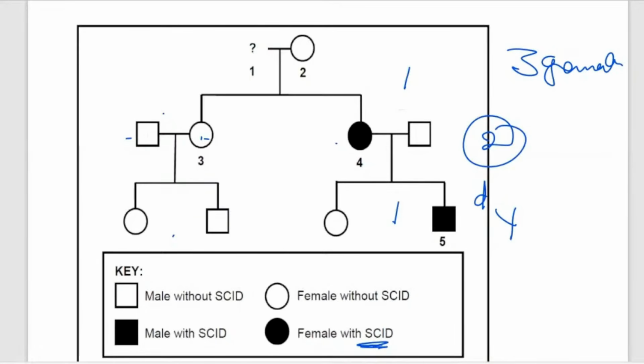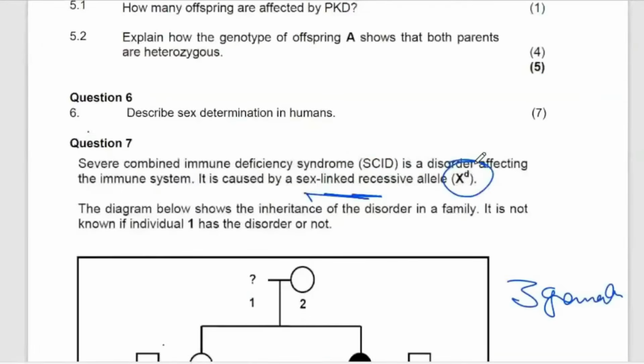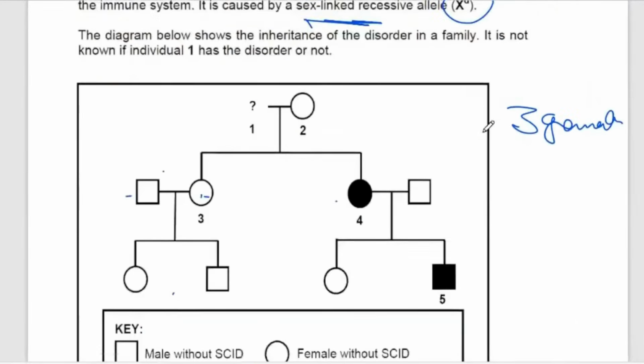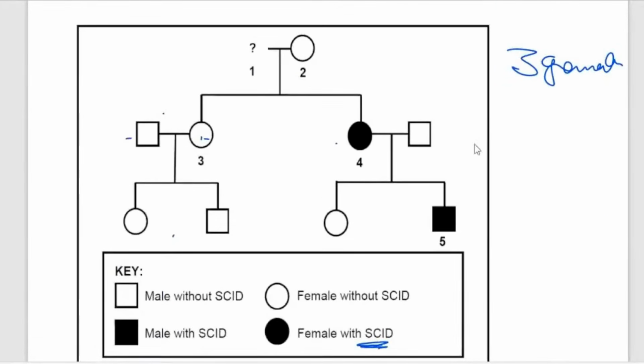All right, let's go to the next question. How do I identify? Someone is asking, so I'm going to go there so that we finish this. How do I identify one? To identify one, remember you have to first identify that this is caused by a recessive allele. If it's caused by a recessive allele, so what you need to do is